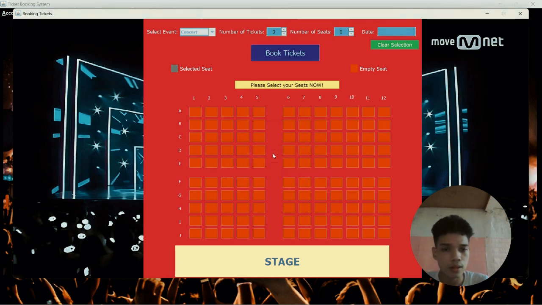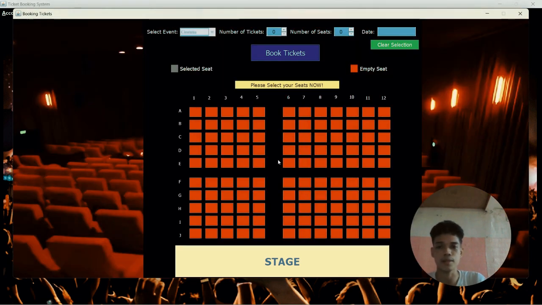And I want to clear the selection. The event is enabling. And by clicking again an event, select I want cinema, it will automatically disable, as you can see. And again, I'm going to book something here from event cinema.